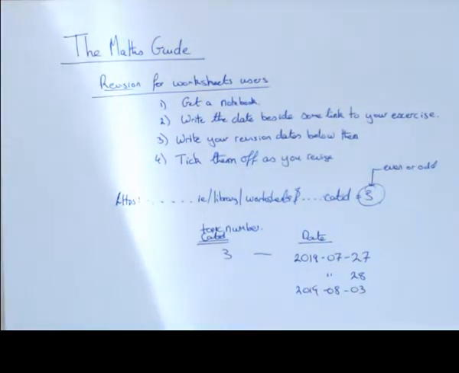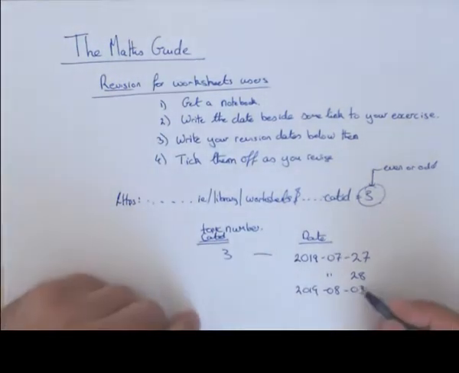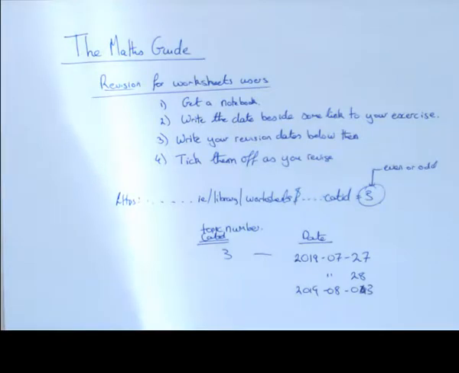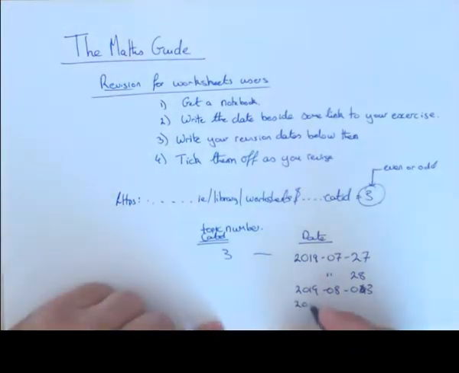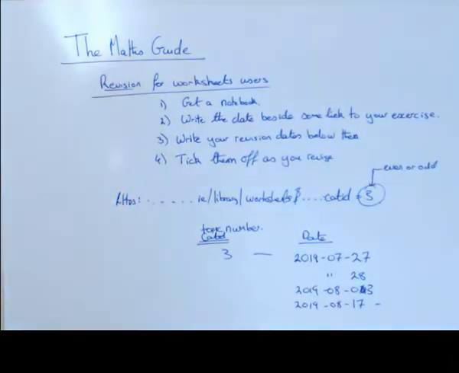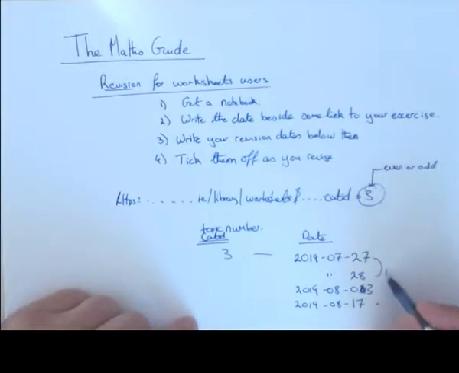You do the exercise, for example, on the 27th, you do your revision on the 28th, you do your next revision on the 3rd, which is 1 week from the 27th, you do your next revision on the 17th of August, which is 4 weeks from the current date. So you get 1 day, you get 1 week, you get 4 weeks,